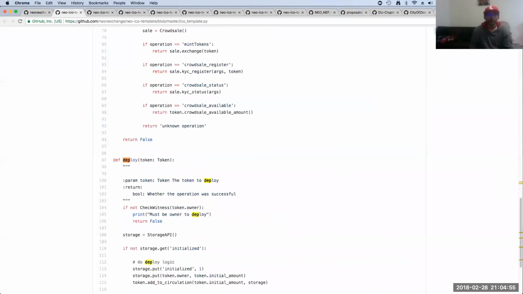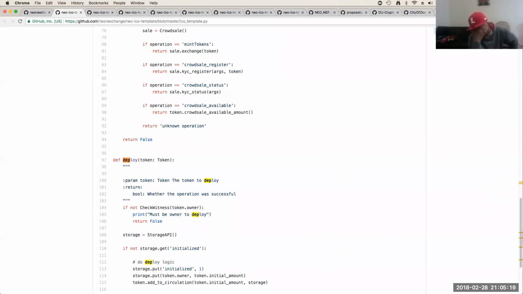Oh, okay. So deploy token. Check whether the operation was successful. Check witness, which checks the owner. You must be the owner to deploy. Then I get the storage. If not storage dot get init.